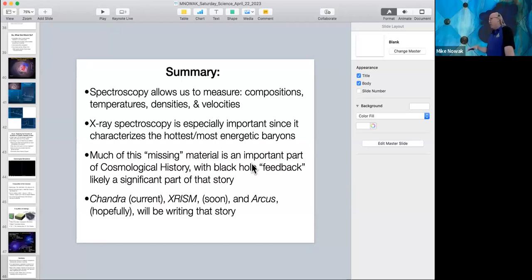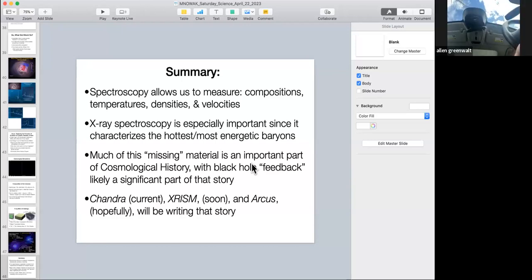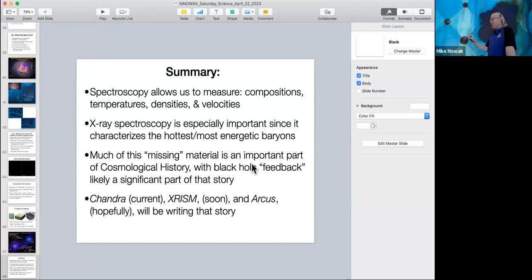Some of the best limits on dark matter models have come from looking at the central active galactic nucleus in a cluster and putting limits on unexplained absorption lines that could be dark matter in the cluster. But that's the problem: we don't have a good theory, so we don't know exactly what we're looking for. We just know the kinds of things that could happen, and we haven't found anything along those lines yet.